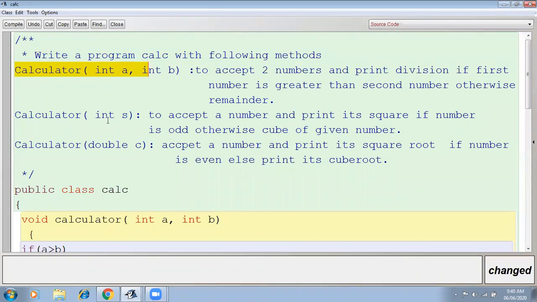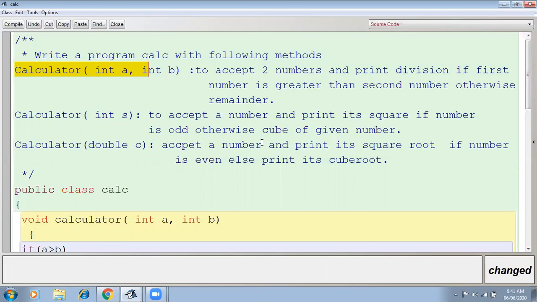Then the second method is also calculator with only one parameter, to accept a number and print its square if the number is odd, otherwise cube. Calculator(double C) accepts a number and prints its square root if the number is even, else its cube root.